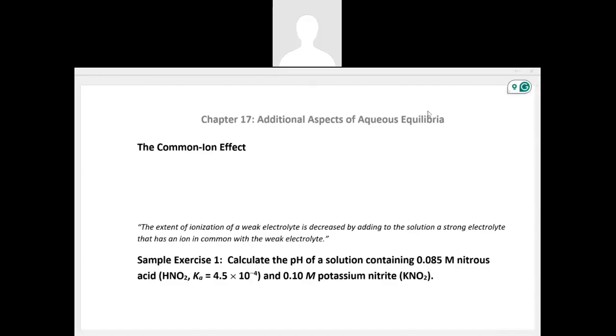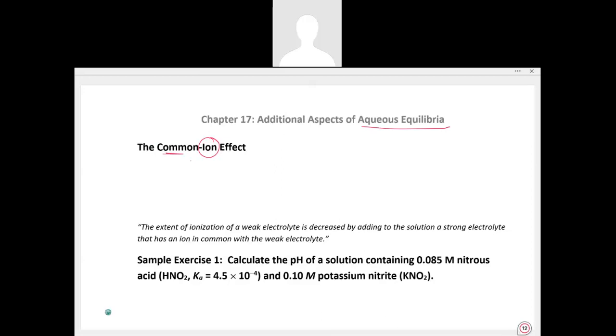In this first video from Chapter 17 on additional aspects of aqueous equilibria, we're going to take a look at some topics regarding aqueous equilibria that may not have been addressed in previous chapters. So the first of these concepts is something called the common ion effect. As the name implies, we're going to be looking at an ion and finding what happens if we have an additional amount of an ion that would form when something ionizes or dissociates, and how that will affect the